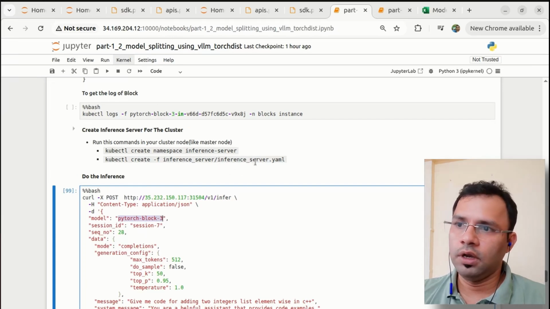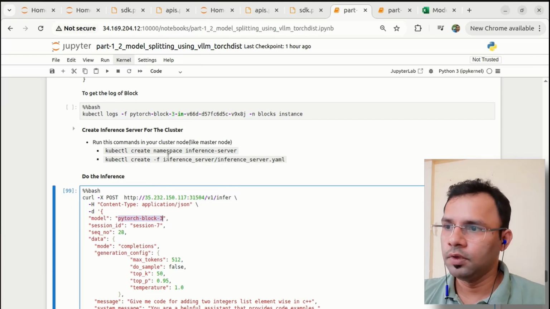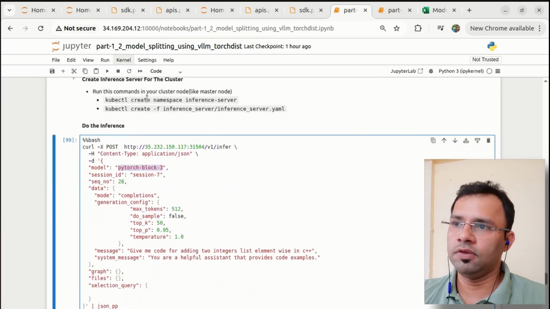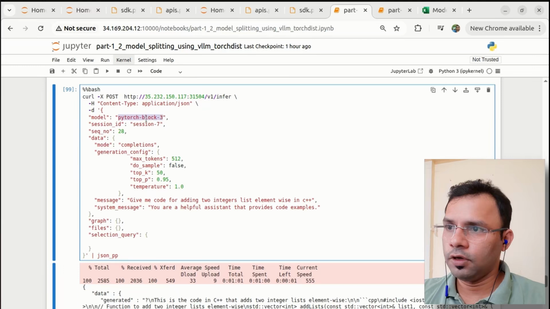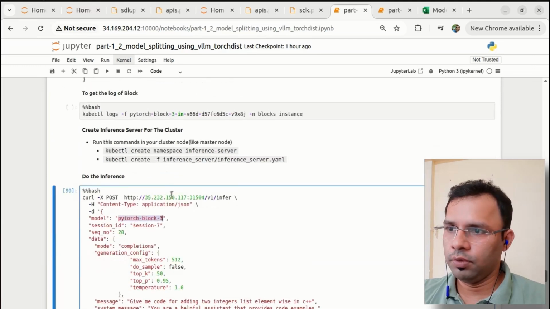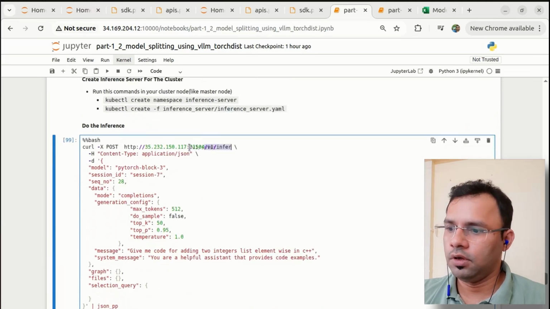You can create the inference server with different names or things like that, so you have to take care. Right now, in my case, the inference server is already created, so I will not create it again. Now, for inferencing the block, v1 infer is the endpoint we need to use,